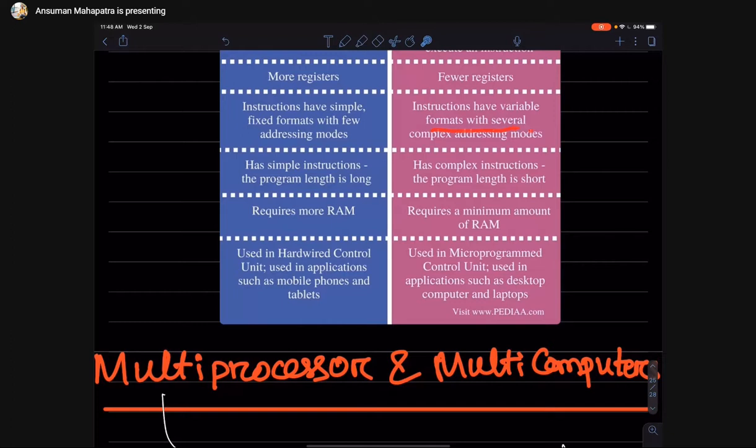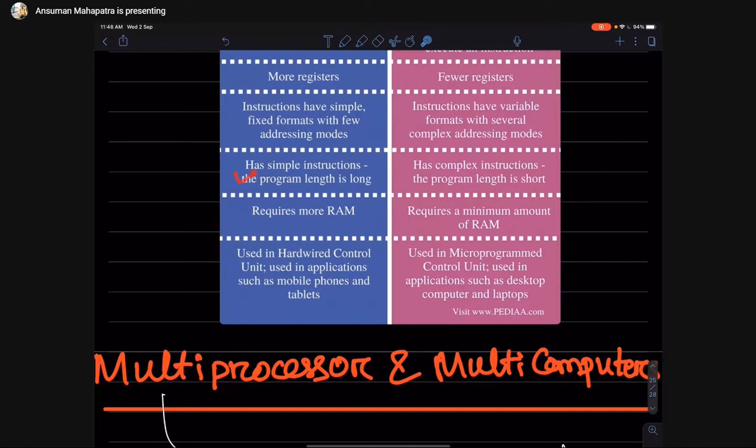The instruction length for RISC is the same, the instruction length for CISC is different. Instruction length means you have to represent the instruction in binary. So if you represent the instruction in binary, for RISC it is the same number of bits, while in CISC it is a different number of bits for each instruction.